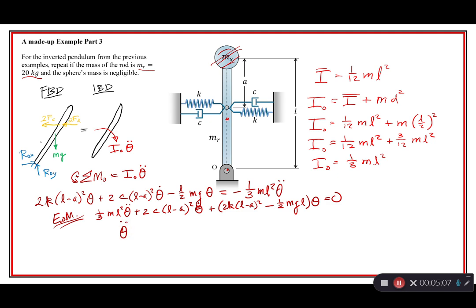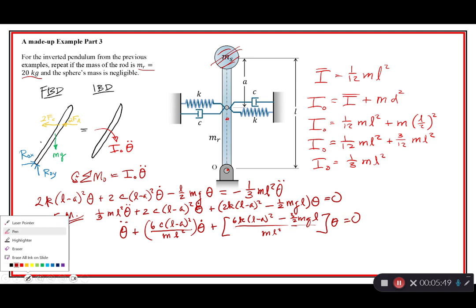Theta double dot plus 6c (L minus a) squared over ml squared theta dot plus 6k (L minus a) squared minus 3/2 mgL over ml squared theta. Okay, so one thing that we could do, because we're dealing with numbers, is we could